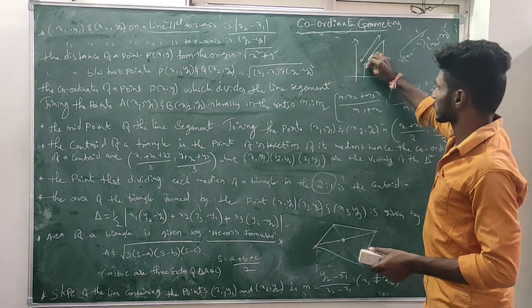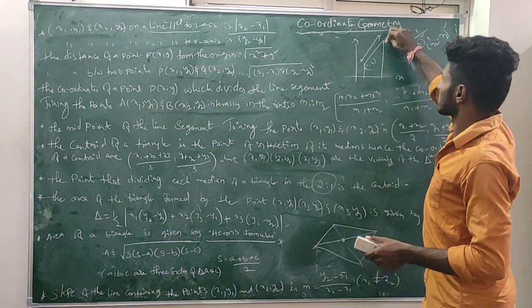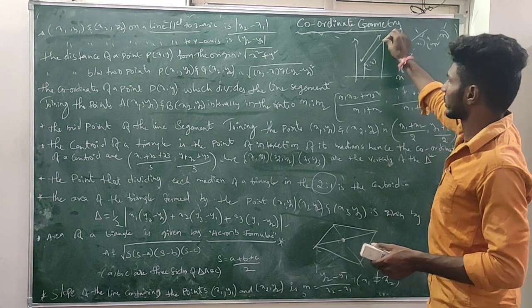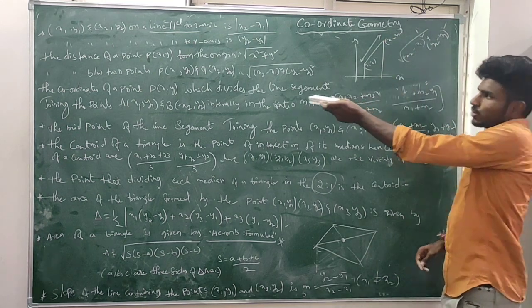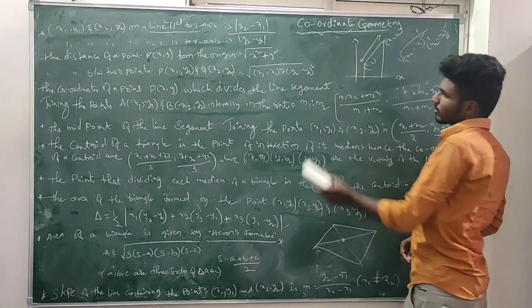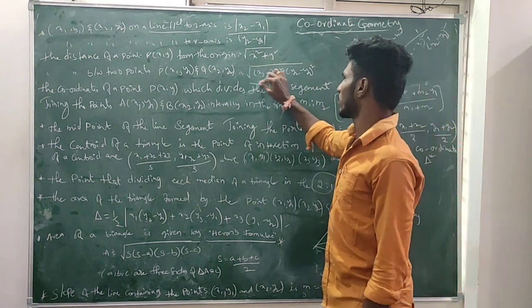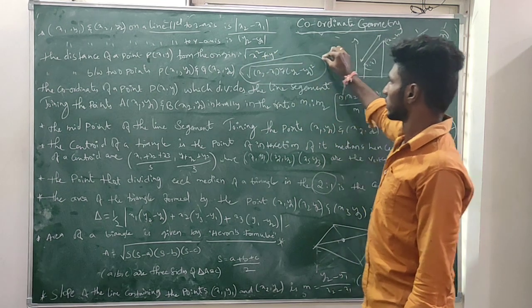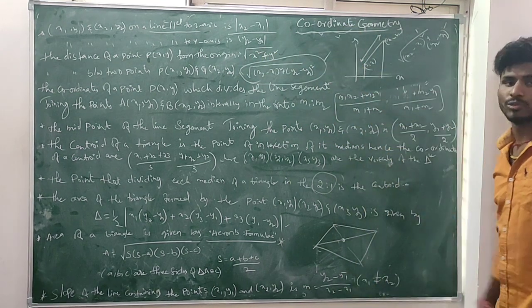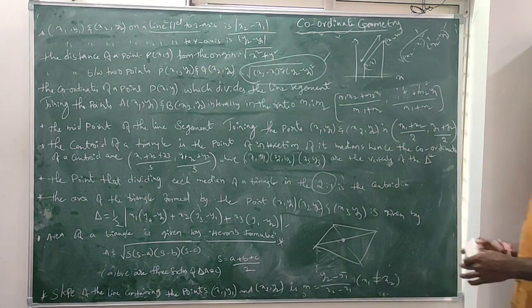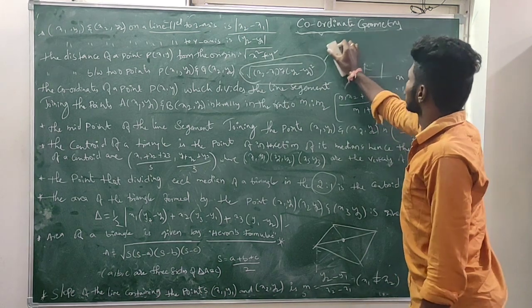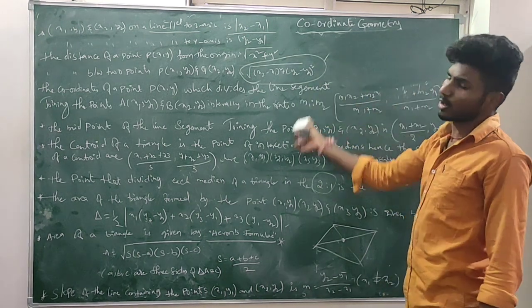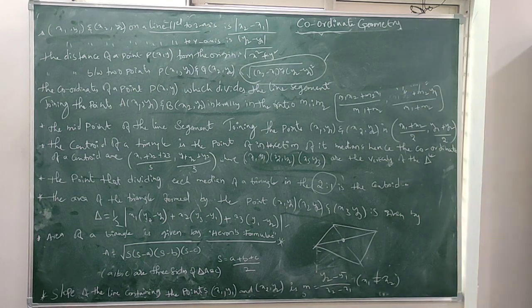You all know this is x1, y1 and this is x2, y2. If you want to find the distance from x1, y1 to x2, y2, the formula is under root (x2 minus x1) whole square plus (y2 minus y1) whole square. This formula you use most in this particular chapter to find different values. This is the one formula which you use the most, so be thorough about it. There are different problems I will discuss in the coming videos.